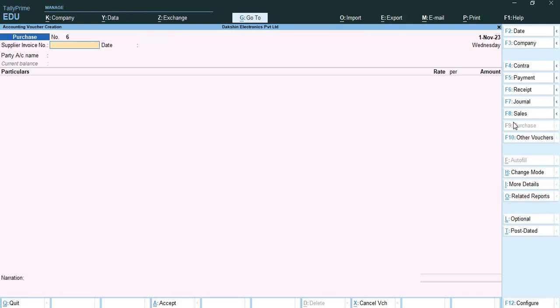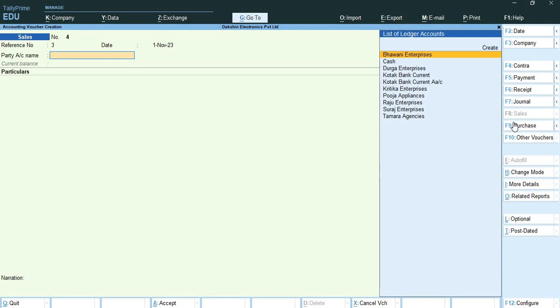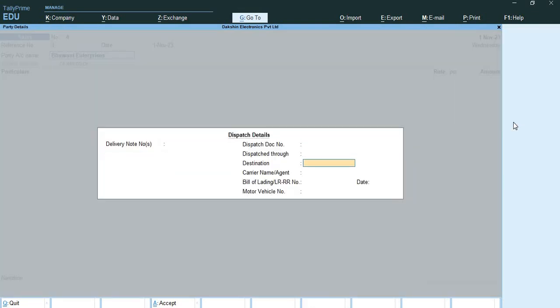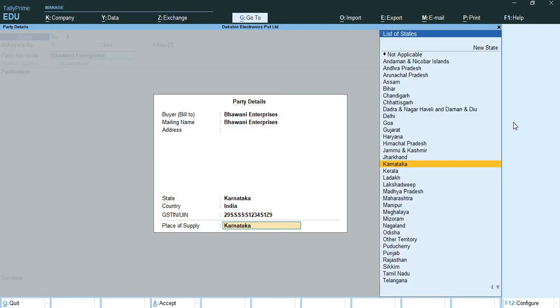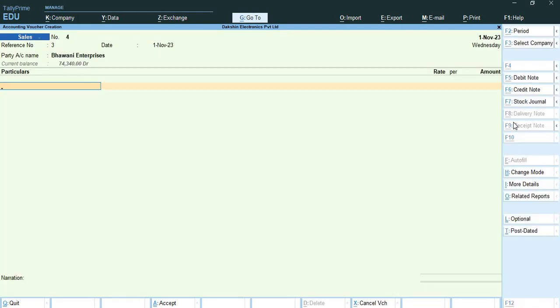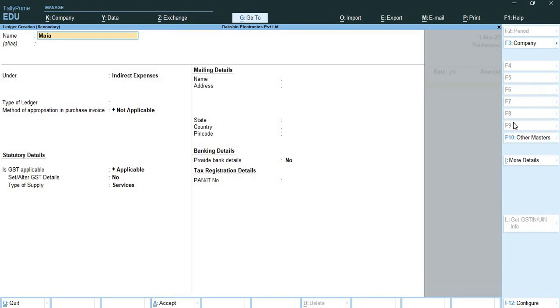So here I'll open my sales voucher. Here I'll add supplier's bill number 3 on 1st November to Bhavani Enterprises. Here I'll add GST number 29SSSSS1234S1Z9. Here I'll create a ledger of maintenance services